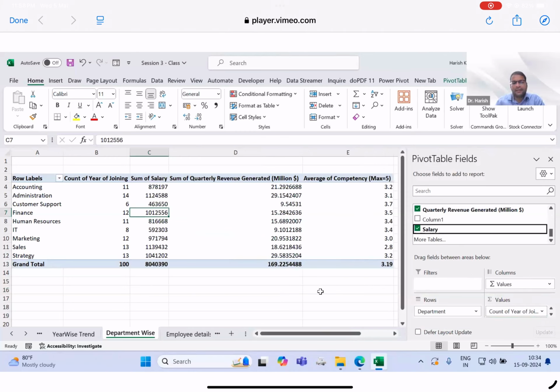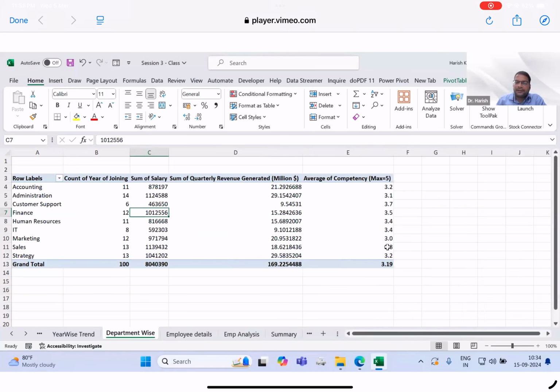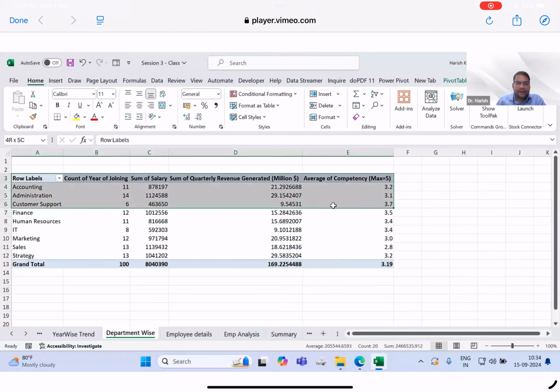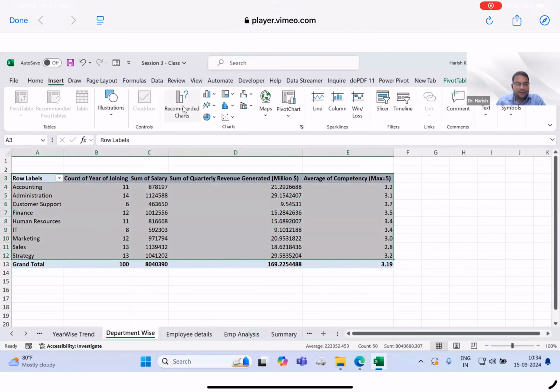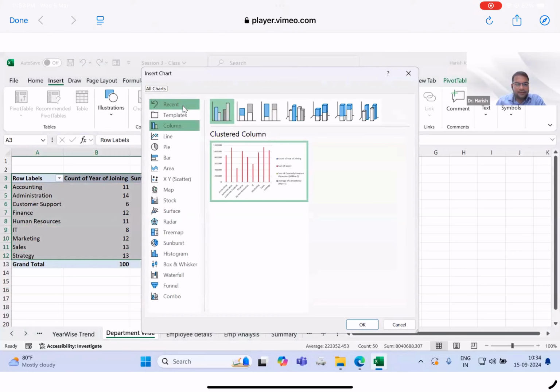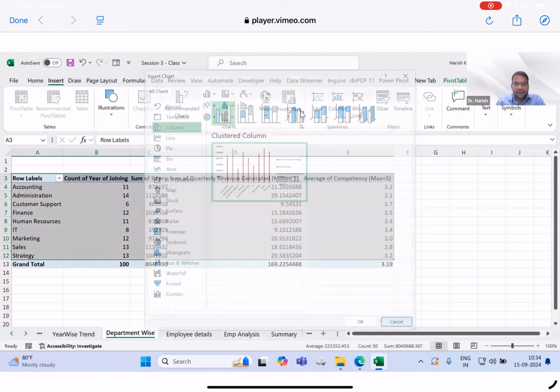Salary, sum of salaries also. Department-wise salary we have taken, right? Can I make a chart on this? Let's say if I make a chart on this, okay. So if I click on this pivot chart,